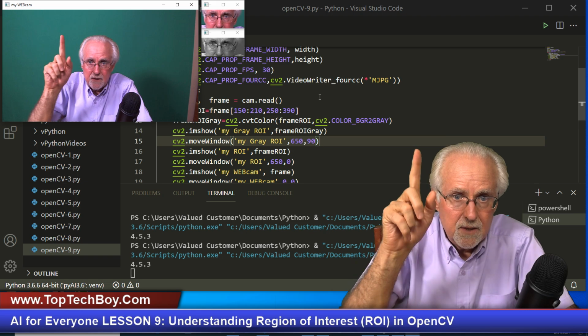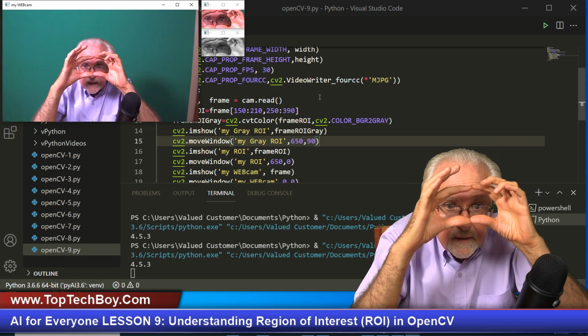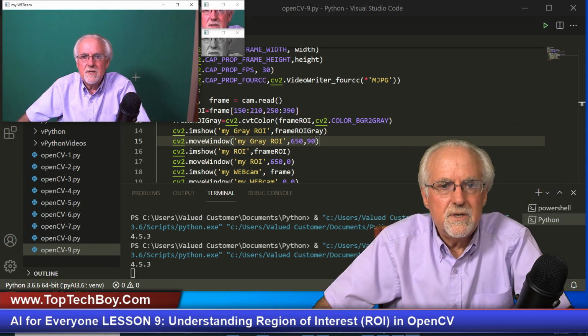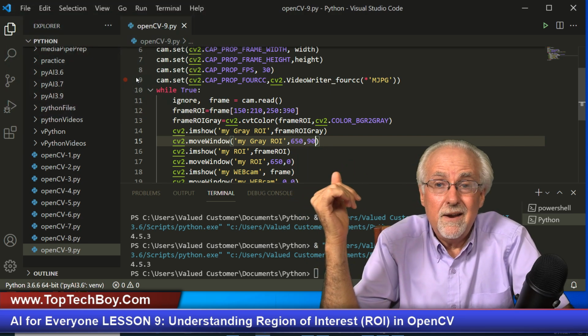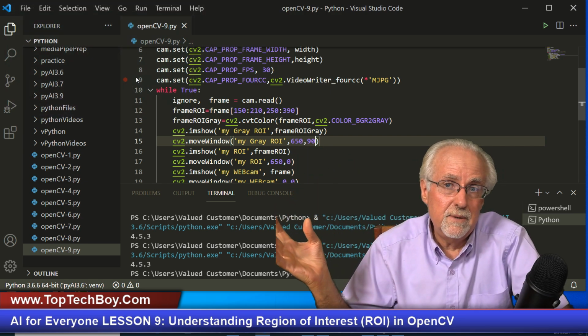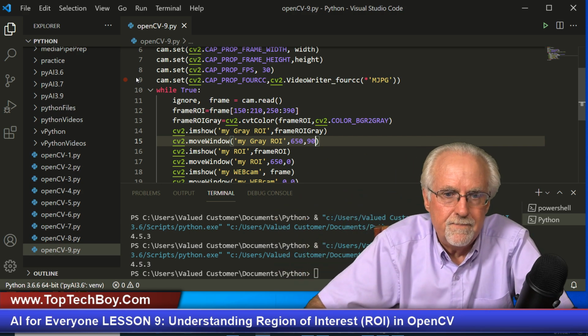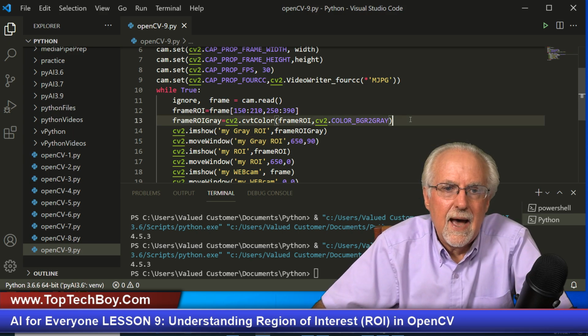Boom. Okay. Do you see the little gray version of me? You've got the color version of me, and now you've got the little gray version of me. So you see, I've gotten a region of interest and I've done a little manipulation on it. Now what you could even do is, after you've manipulated it, go back and put it on your original array. So I could come in here now, and let's say I am going to come back,